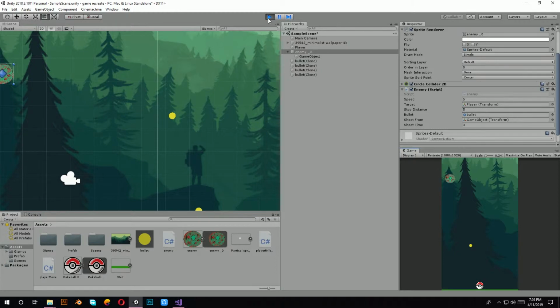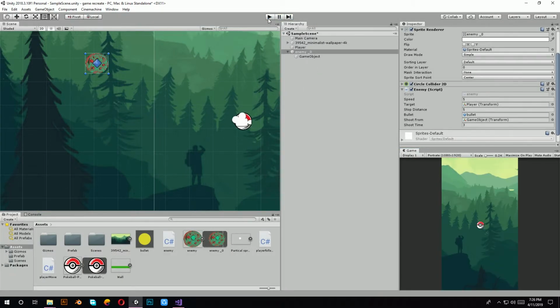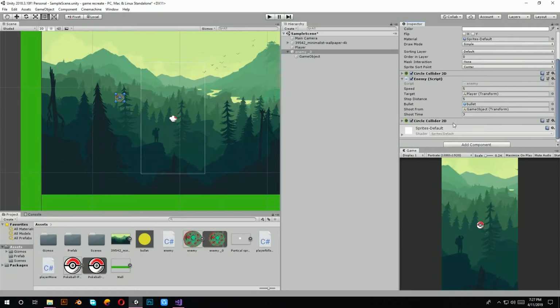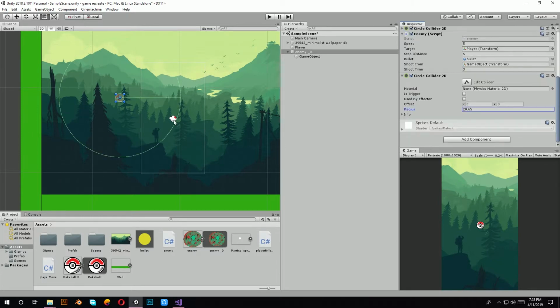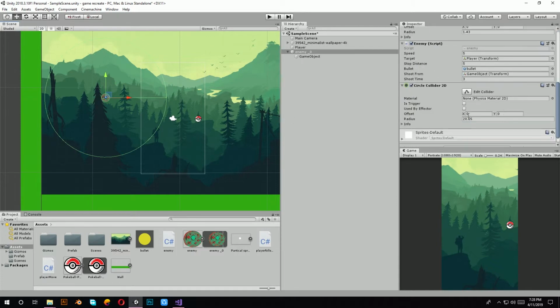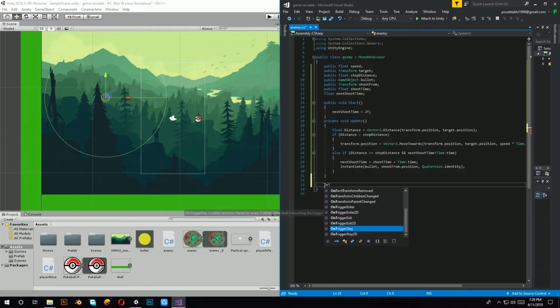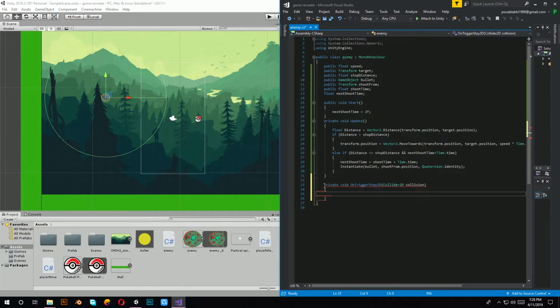Now we don't want our enemy to start attacking our player right after the player has just started playing the game. To do so, we have to make a line of sight. So let's add another circle collider to our enemy, increase its size and set it as a trigger. In Visual Studio we will use an OnTriggerStay2D function instead of our update function. So let's change this collision to other and write an if statement,